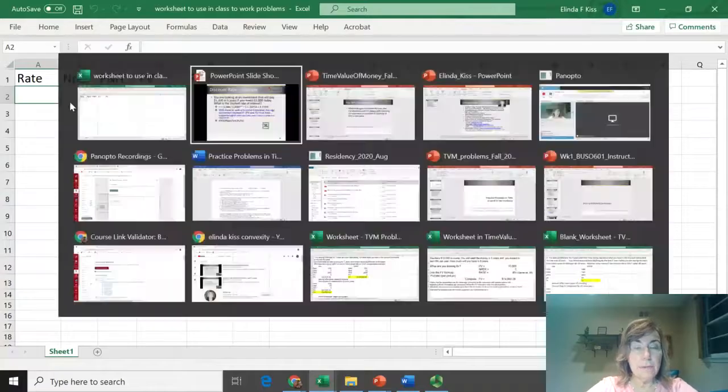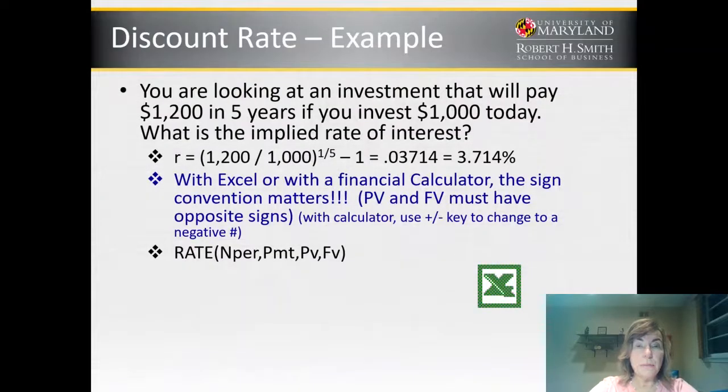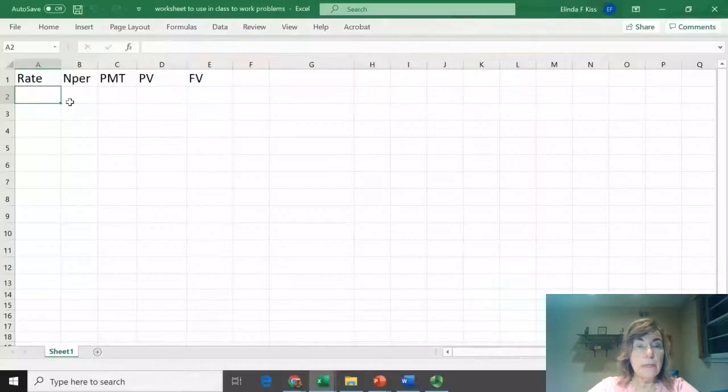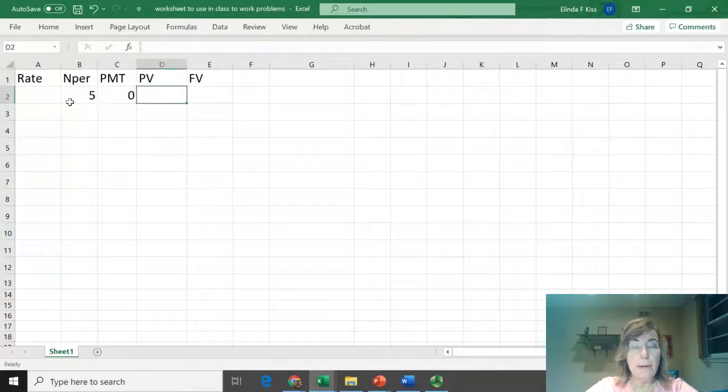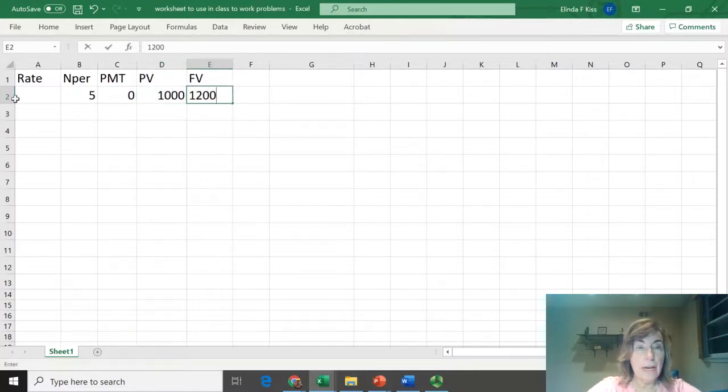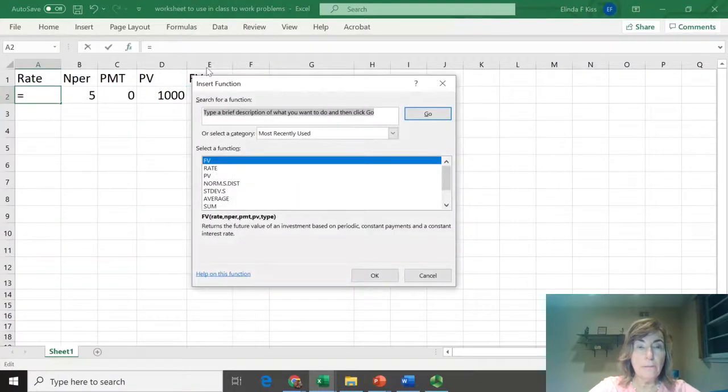But if I go to Excel here, and I've got a blank worksheet open here, I can put in the numbers. So we said that we're solving for rate. So the number of periods is 5, nothing for payment. Present value, I'll put in minus 1,000, because I'll show you what happens if I don't put in the minus, and 1,200 for the future value. And now I'm going to use the rate function. So I click on function and I start typing, and you can all work along with me if you want, or you could just watch me now. I'll type in rate,